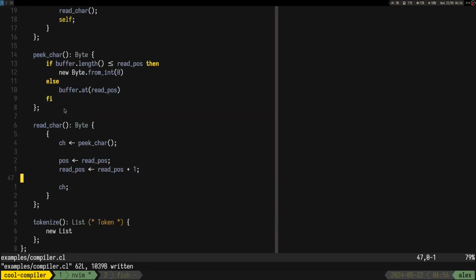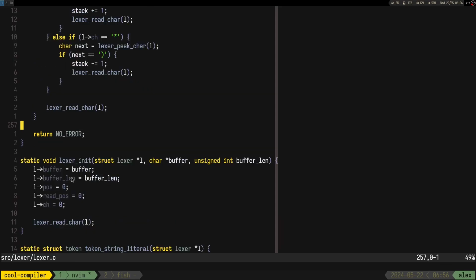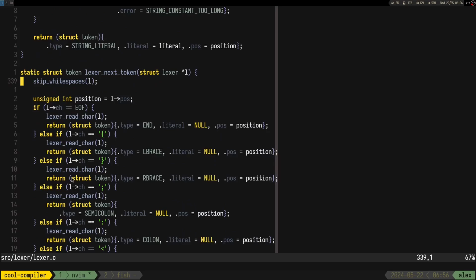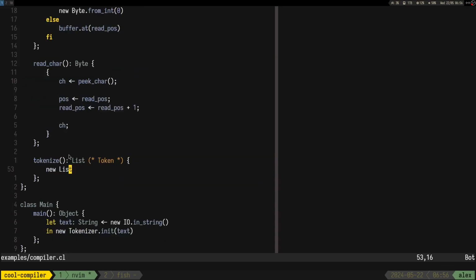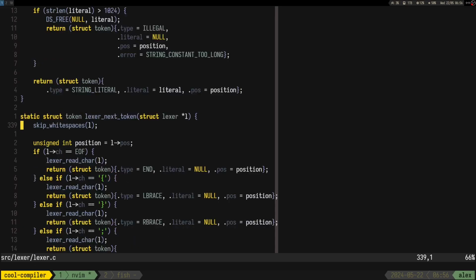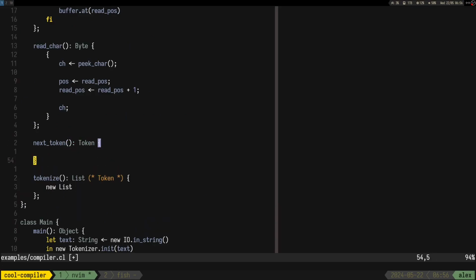So now for the tokenizer, I guess. Let's see how I did it in here. I guess next token would be the function actually. That's more important. So next token, and this function basically advances the lexer one step, one token. So let's have it like this.